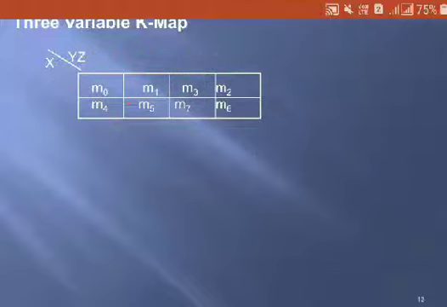Okay, so corresponding minterms you are writing: first m0, 0 0 0, then 0 0 1, next 0 1 1 will come, because yz will be 1 1 and x is 0. So 0 1 1 means it is m3, and 0 1 0 means m2. So you can simply remember 0 1 2 3 4 5 6 7, and like that you can remember how to write the minterms in the K map. Okay, so this is the procedure of writing the K map in three variables.